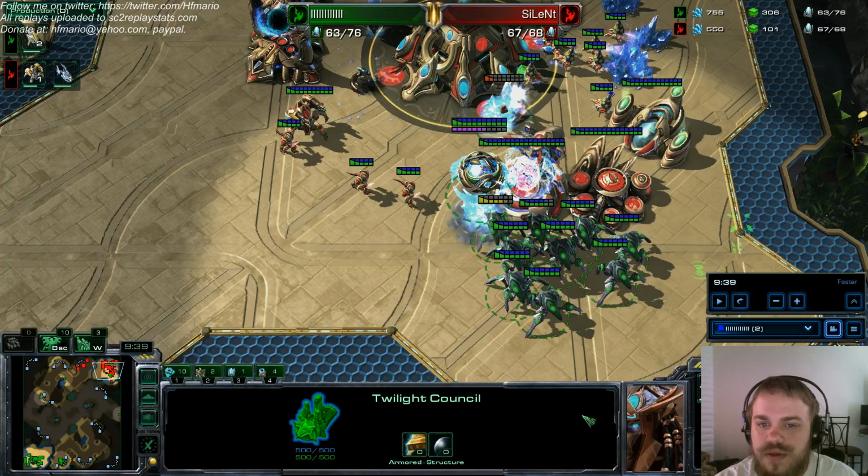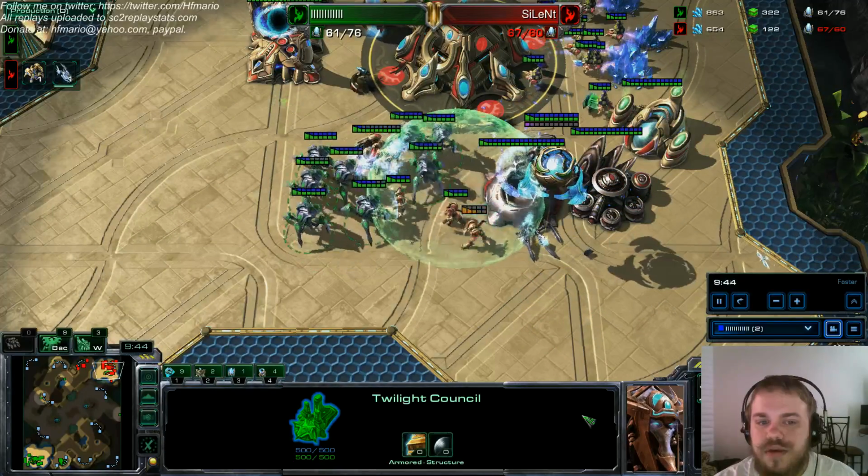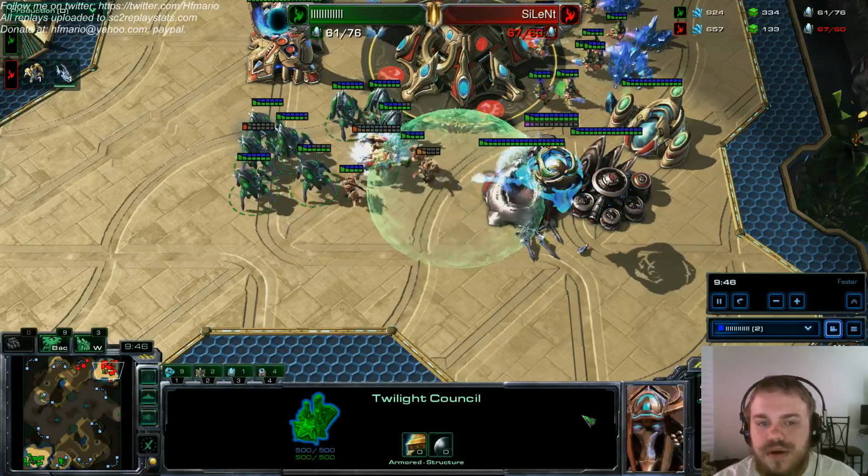We know he's already got 1 out and 3 stalkers. So our first goal is that since we're not going to be taking too much damage right away, we can try to slow it down by killing the pylon. Then we can blink on top of the other immortal and take it out. We use the